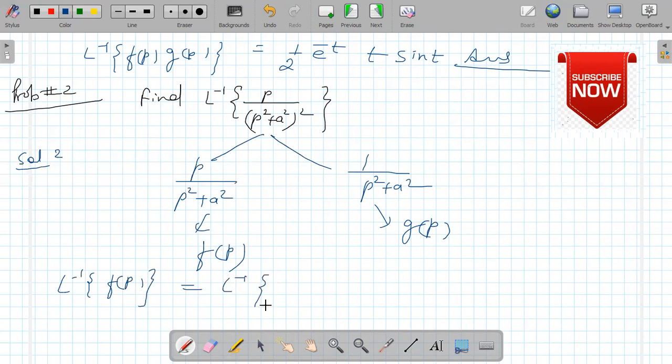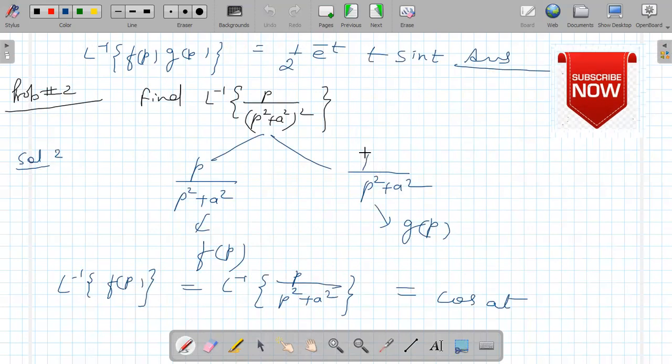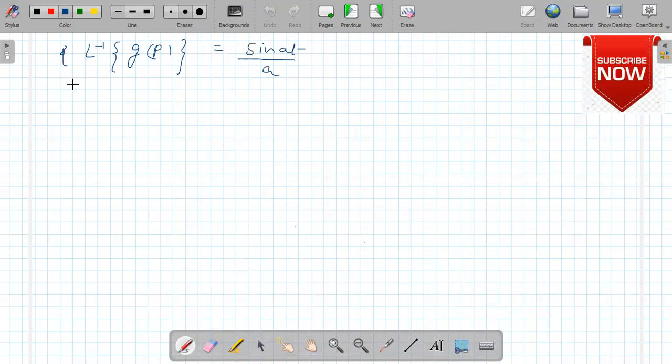The Laplace inverse of p upon (p square plus a square) is cos at, and the Laplace inverse of gp is sine at divided by a, because we have to make a present here, so we'll multiply and divide by a. So by the convolution theorem,